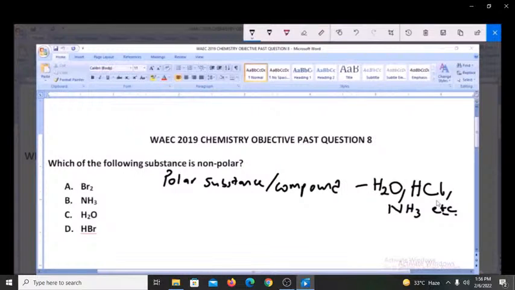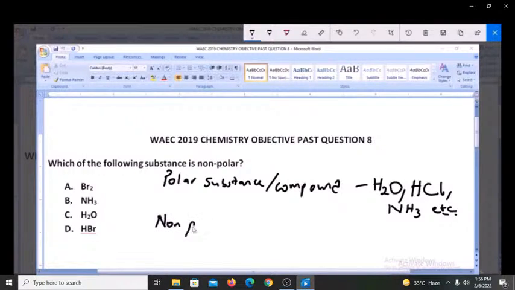These substances or compounds possess charges within them, and the charges that they possess are due to the tendency for them to attract electrons. That is electronegativity. Now, as for nonpolar compounds or nonpolar substances,